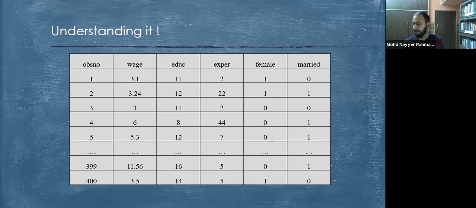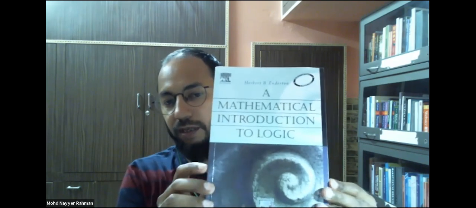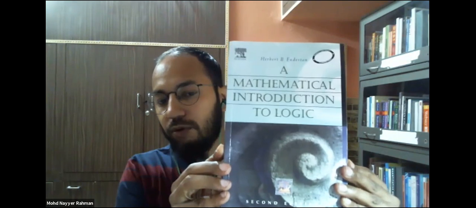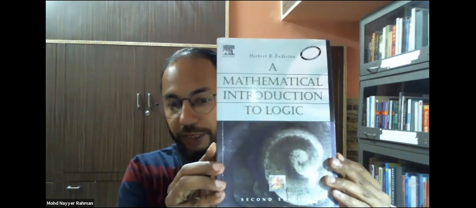Before I move forward, I just got reminded to share one more book with you which talks about data types and which is very important to understand the logic of numbers in econometrics. The title of the book is A Mathematical Introduction to Logic. It is quite a difficult book, but if you even read the brief opening chapters, you will be able to understand. People keep talking about logic, but seldom do we read what logic actually is. Because of that, people do not understand measurement and do not understand the different types of data. It can be very confusing to them sometimes. So I would recommend you to read this book.